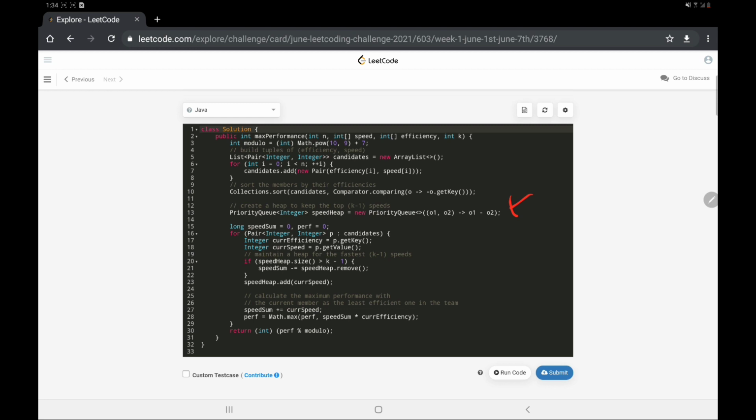Alright, now comes our final. This is the speed, this is the final answer that we will return, and this is the answer that is calculated at every step. That would be compared with the final answer, and the maximum value would be selected and then returned. Alright, now moving on, let's see the main code.